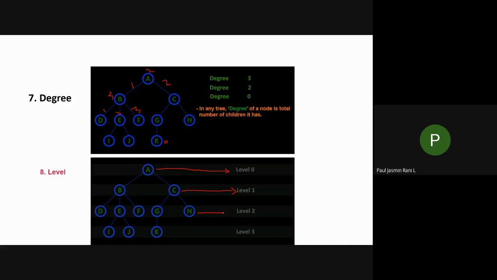Then after that you have to mark it as level 2, and next one is level 3. Okay, so level is increased from top to bottom. In this way you have to increase the level. So if I want to know what is the maximum level of this particular tree data structure, it is 3. Okay, so always maximum level will be present at your leaf node. So this is I, J, K, it's at the leaf node.